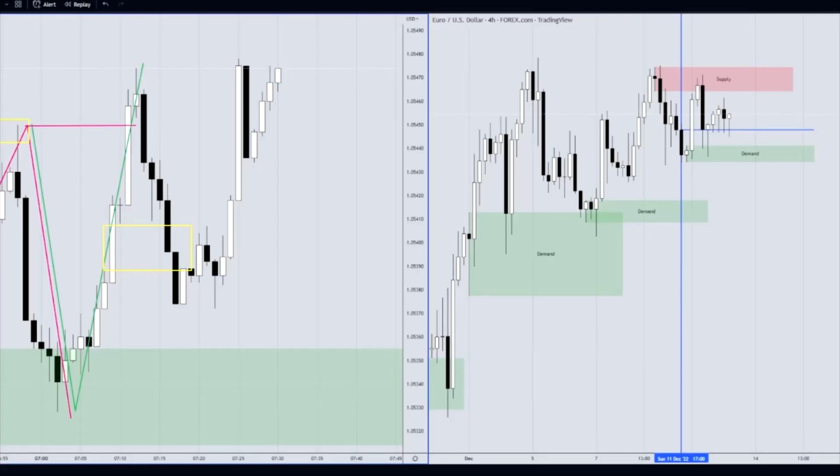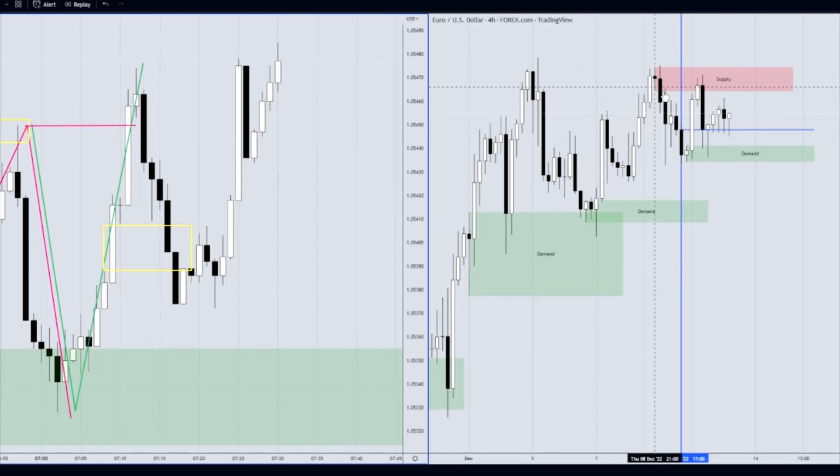Okay, it's Tuesday, the 13th of December. It is just gone 12:30. That's 7:30 in New York time. In this particular window that you can see here, I'm going to have to shift it across, but we'll start